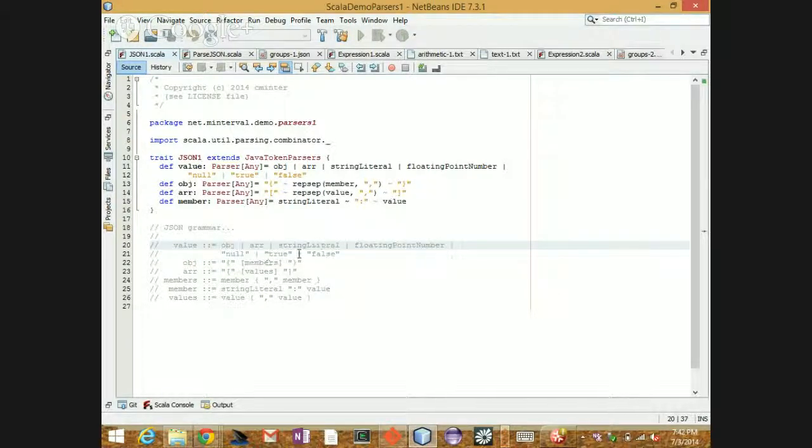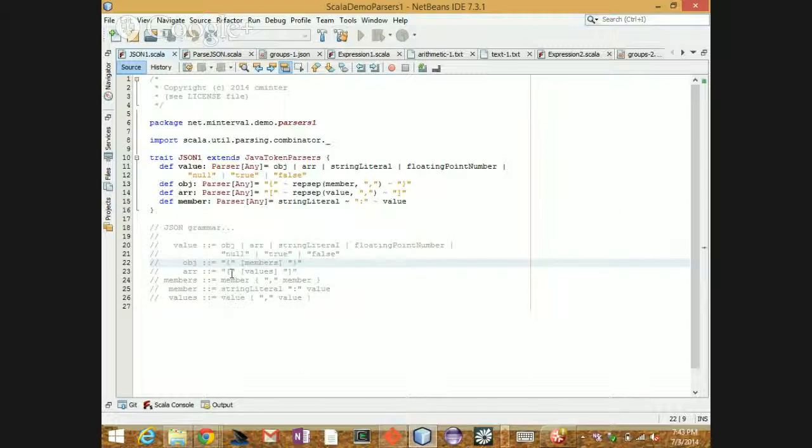And then you go, oh, okay, some of those are familiar, right? But some of them are like object and array. What's an object? Okay, an object starts with the left brace, some repetition of something that represents members inside that object, and then a closing brace. And then an array is similar.